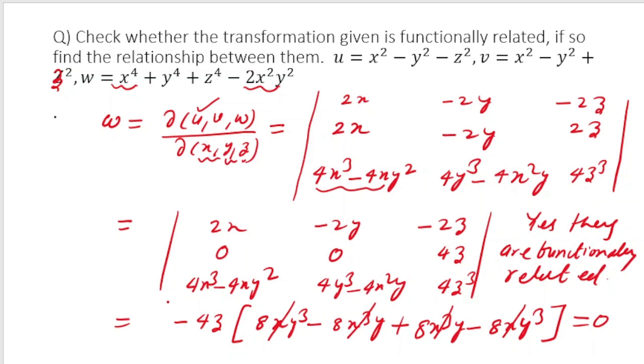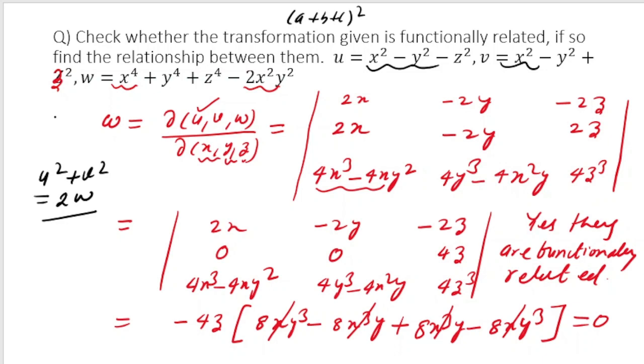That I am going to explain, since we don't have space and I don't want to move to the next page. Functionally related means that u, v and w are related with each other in terms of a function. And if you look at u, v and w, you realize that if you add u square plus v square, what will you get? I'm not going to write the detail. I hope you remember the formula, a plus b plus c whole square, right? So if you square it and add, what you will get is equal to 2w. So I just leave